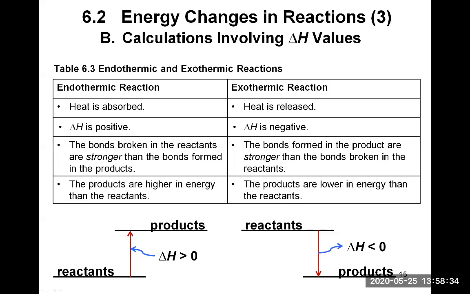So let's look at the left side first. When you have an endothermic reaction, endothermic means you need to absorb heat. So heat is absorbed by the system you're looking at. And so the delta H will be positive. You need to provide that energy for the reaction to occur. And you have endothermic reactions when the bonds broken in the reactant are stronger than the bonds formed in the product. So you're breaking stronger bonds than the bonds you are forming. So that's why you're requiring more energy